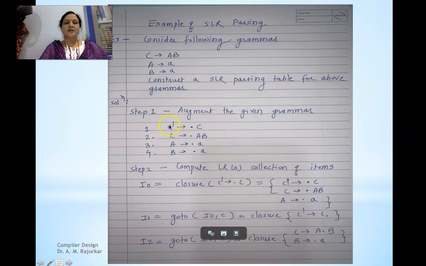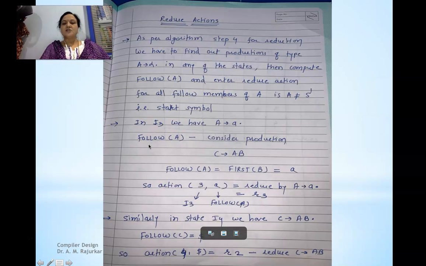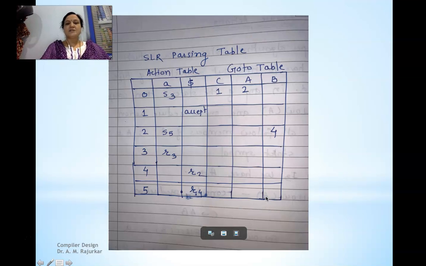Here we are given the numbering. This is the first production, this is second, this is third, and this is fourth. Now A tends to small a dot, what is the production number of this production? That is 3. So we will be writing R3. Instead of writing reduce by A tends to a dot, we will be writing reduce by the third production, that is R3. So fill up this entry in the parsing table, that is 3 comma a equals R3.